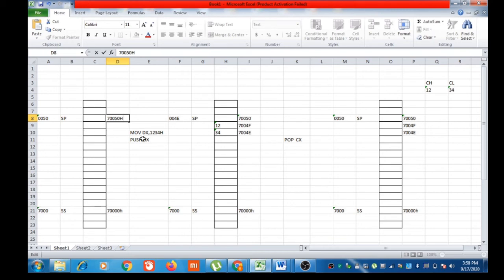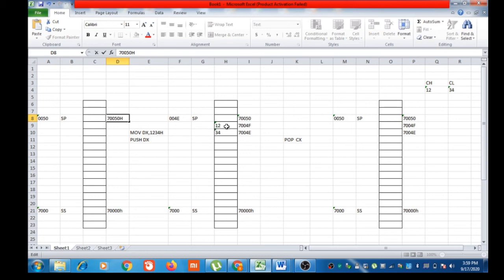Next, let us see what is happening on a push operation. We are moving 1234H to the DX register, that is DH will be carrying 12H and DL will be carrying 34H. Then PUSH DX: the SP value will be decremented by 2 and the higher 8-bit portion of DX register will be written to the higher address and the lower 8-bit portion, that is DL, will be written to the lower address.